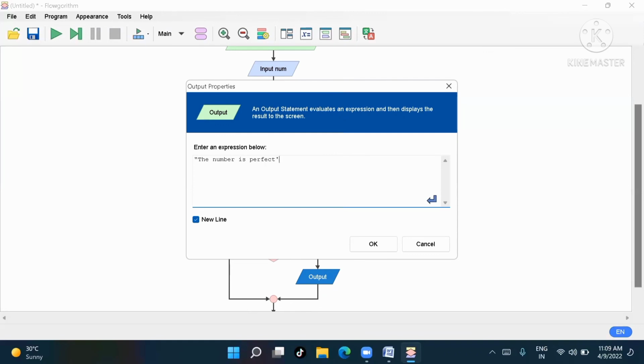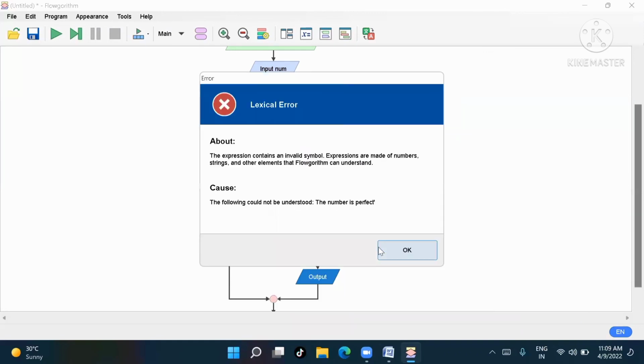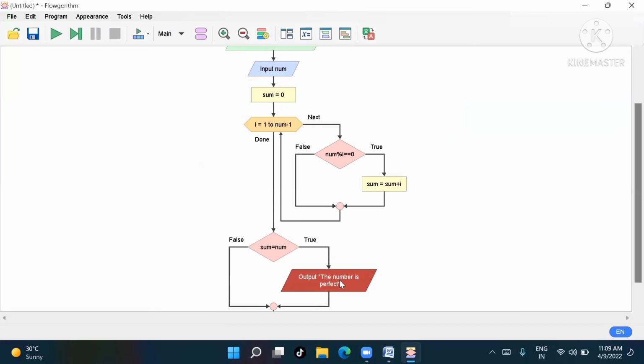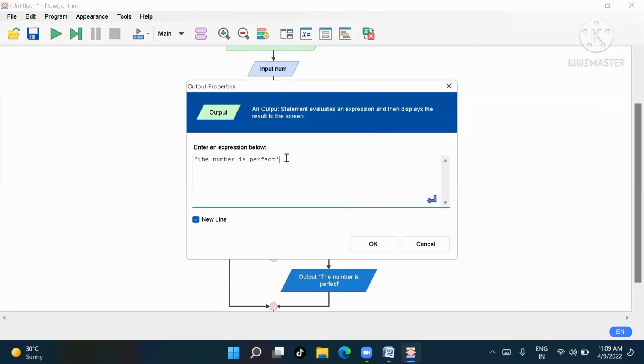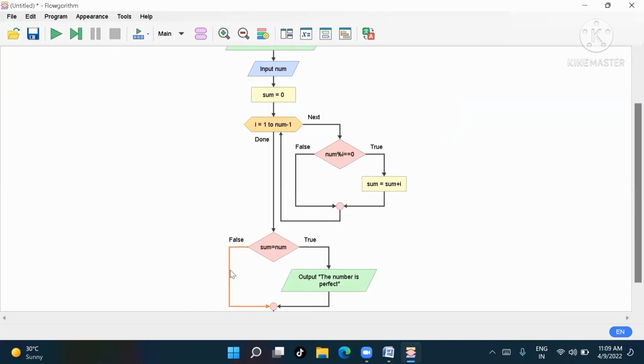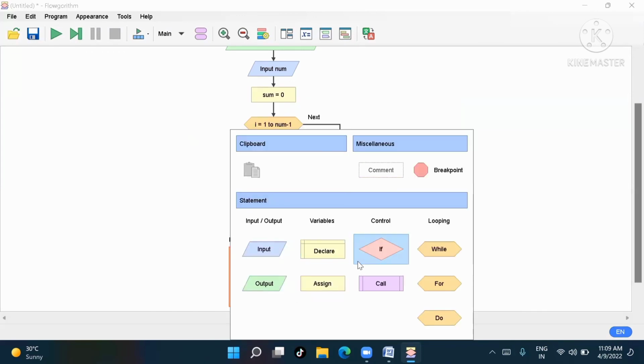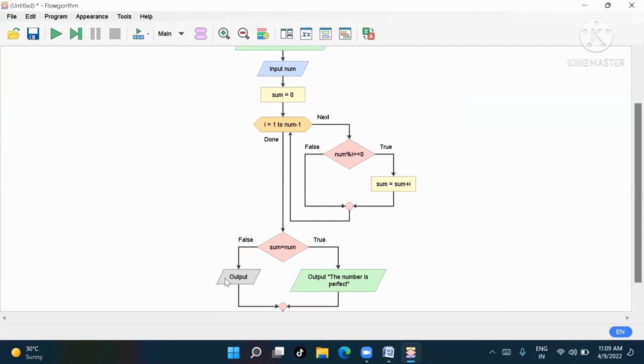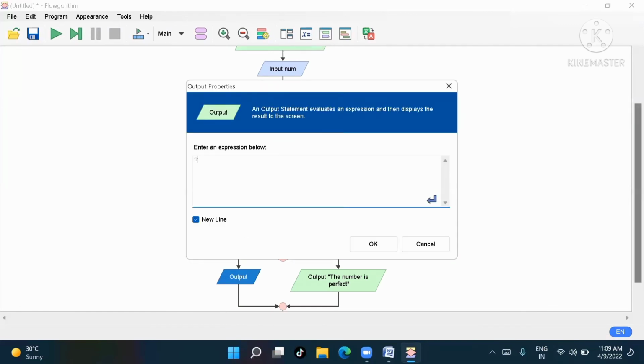The number is perfect, right? We have given only a single code, so our program won't run. Now it will run. In this case the output is: the number is not perfect.